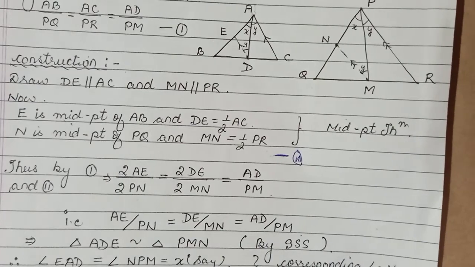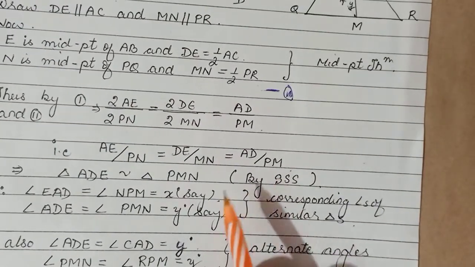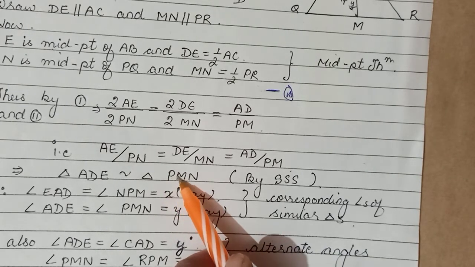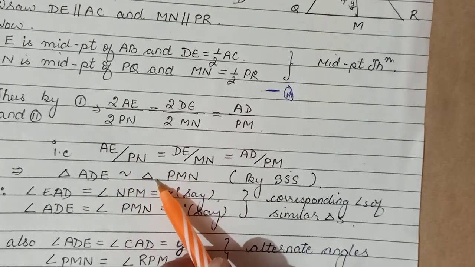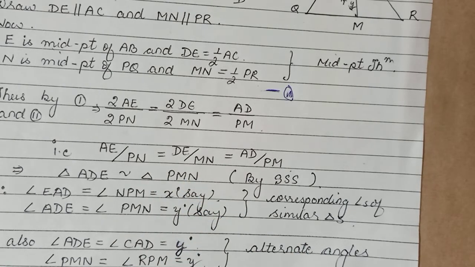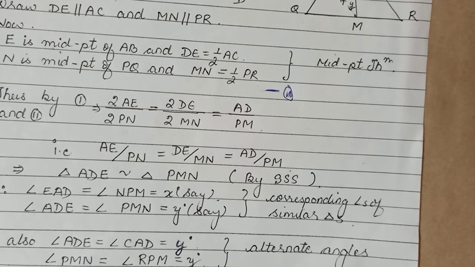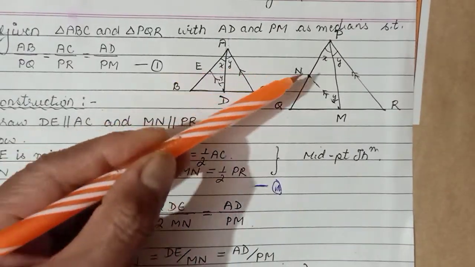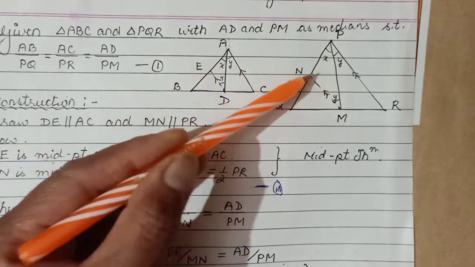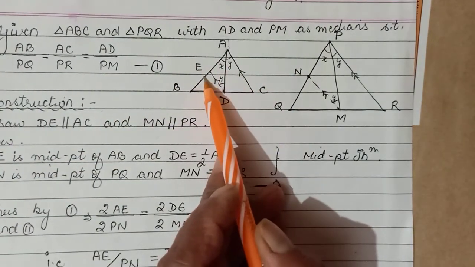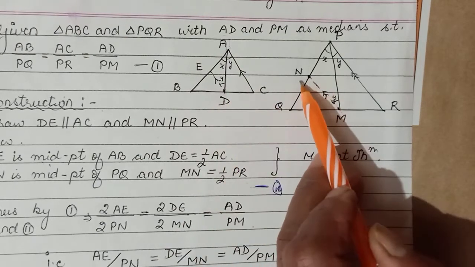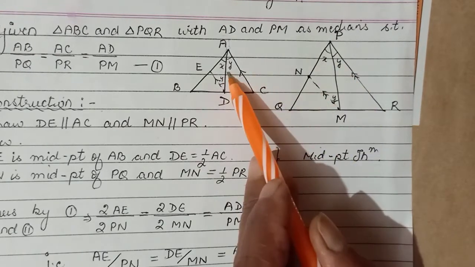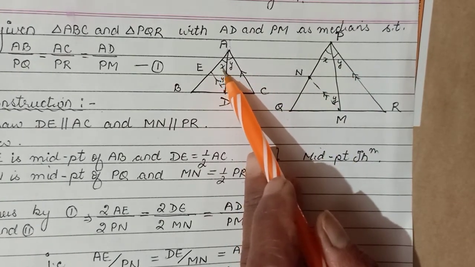So we can apply SSS there, right? So by SSS, these smaller triangles will come out to be similar. Okay, so if they are similar, all their corresponding angles will be equal, right? So that fact if I utilize here in the figure, now these two triangles we have proved similar. So इसका corresponding angle, that is EAD, will be equal to NPM. x से मैंने डिनोट कर दिया, ये दोनों एंगल्स इक्वल होंगे, corresponding angles of similar triangles.